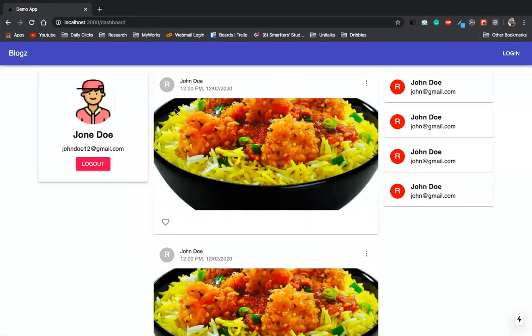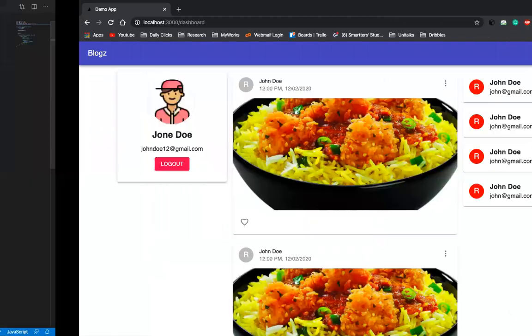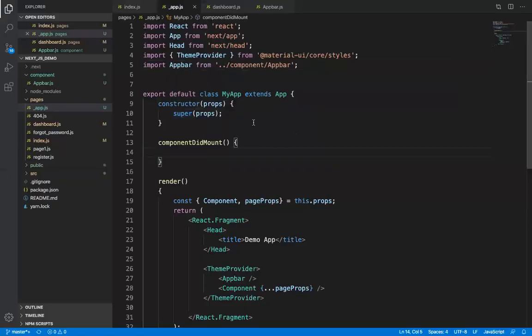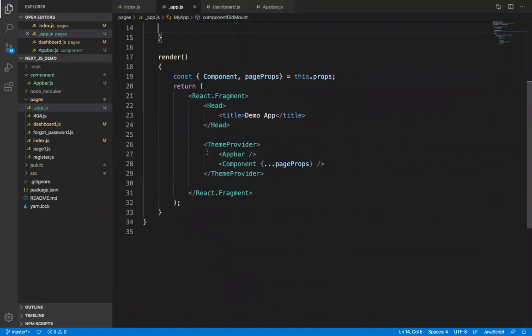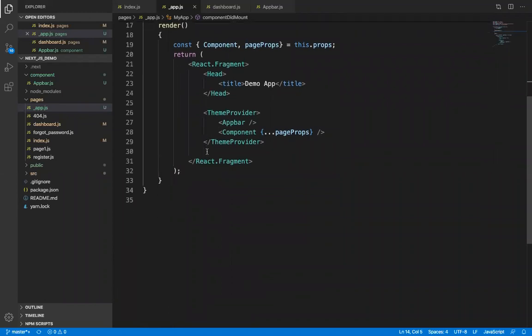In the previous class, we learned about the router. Previously we did router.push. Router was imported from next router. So we'll use the router instance from which we'll get the path, and we'll compare the path.